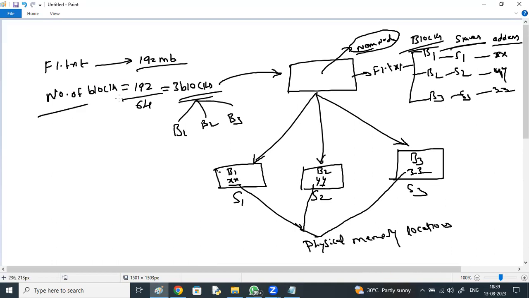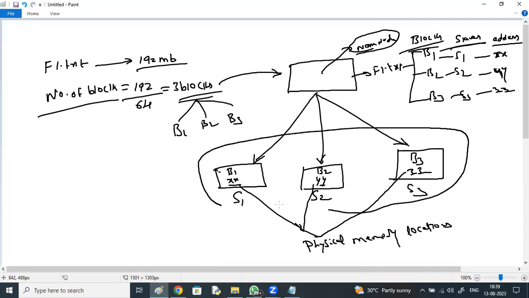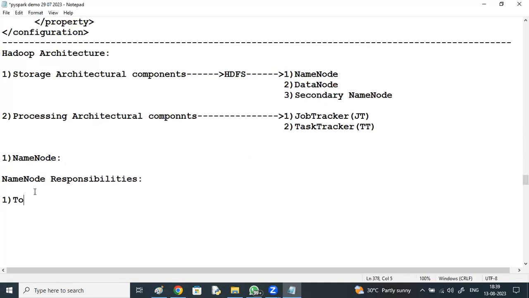A file divided into blocks. The blocks are distributed across multiple slave nodes, and this is data stored by the slave nodes, the data nodes. And the name node stores the metadata information: the blocks, their slaves, and their address information. So the name node's responsibilities are to store